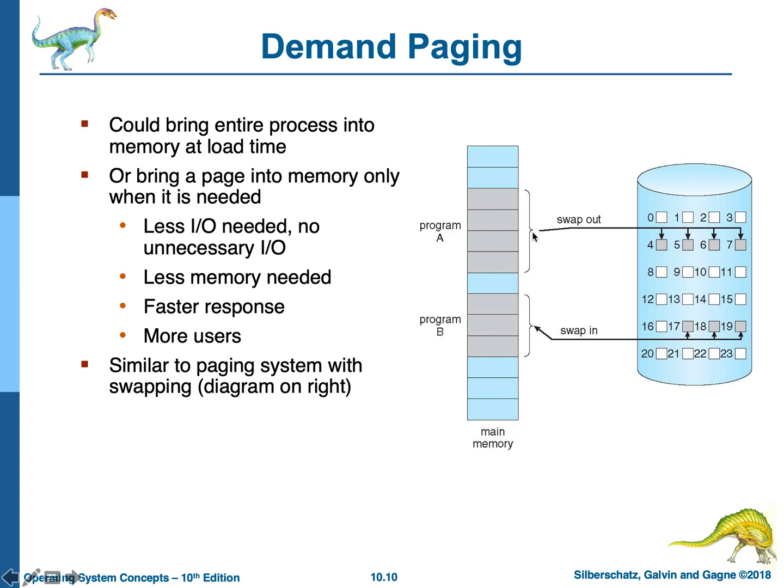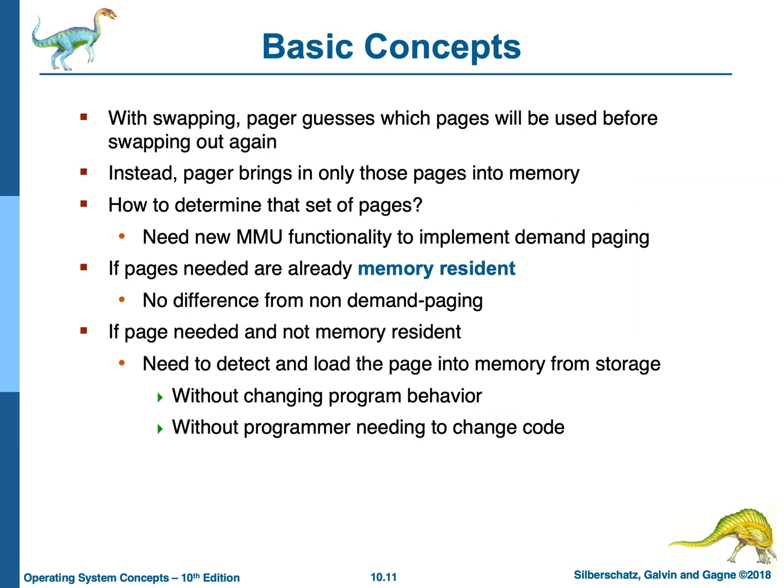On arrival of a priority task, the entire process is swapped out and the entire new process is swapped in. This is not actually done in demand paging. The basic concept with the swapping pager is to guess which page will be used before swapping out again. Actually, swapping out a page is not